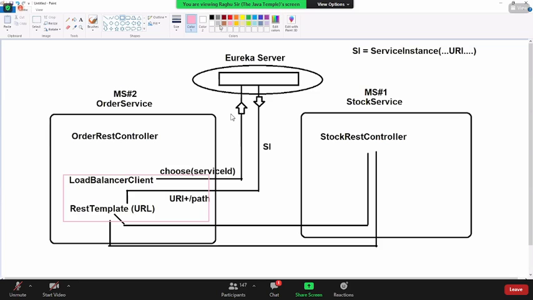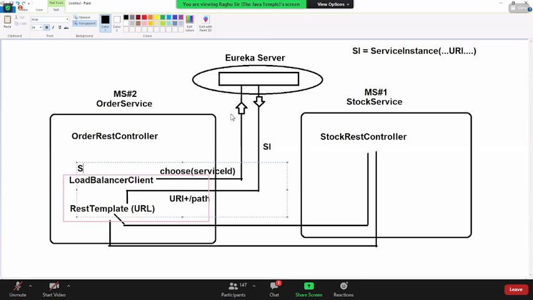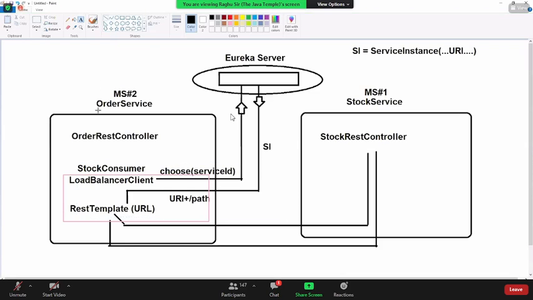Now this one I'm just calling a consumer. So it's a stock rest, right? Stock consumer: a class used to communicate with stock here.